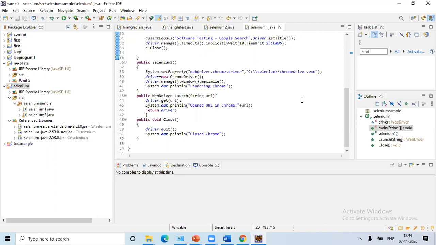Generally without Selenium, how will we do that? Each and every time, you have to write the test case. What you have to write? www.google.com, whether it is opening or not. If it is opening, pass, otherwise it is fail. What is the problem? Username not matching, or when you click that, any error is going to come, 404 page not found error, anything. What is the reason? You will be finding out, right? But here using your automation, directly it is going to check, and it is going to tell you what is the exception because of which it is not going to execute.